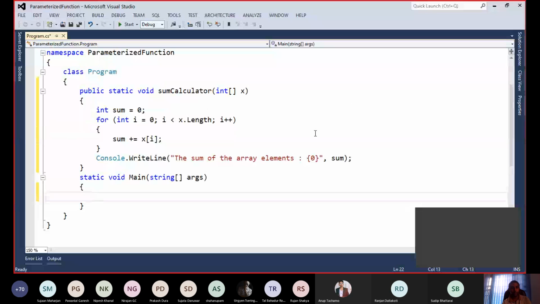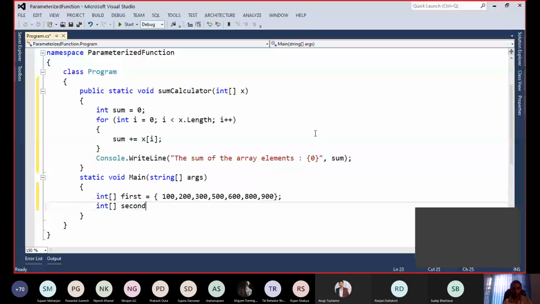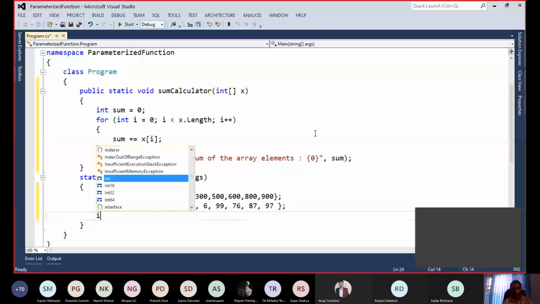So let's say my array, create kare जस्तो कि integer array equals to एउटा एरे लिएँ मैले जस्तो कि 100 200 300 500 600 800 900. त्यसै गरी म एउटा अर्को पनि एरे लिन्छु, integer second equals to, let's say I just passed 3 4 5 6 99 76 87 98. त्यसै गरी let me more array, integer third भनौं equals to, let's say this is something like